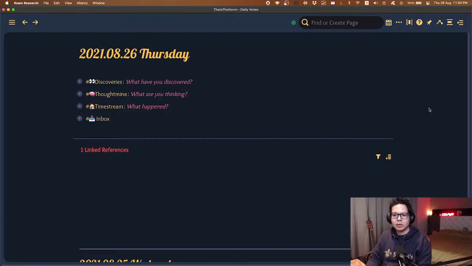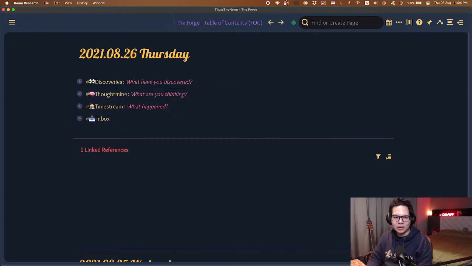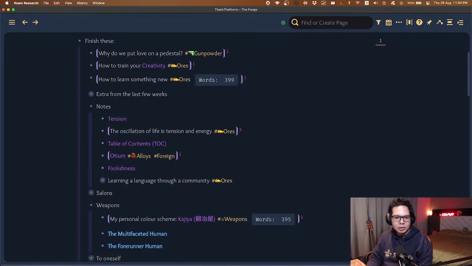So, clear warning, I am a huge user of Roam's jump navigation, so don't mind me if you'll be seeing me slamming my keyboard keys down a lot because I'm going to be navigating a lot as I'm going through all of these without my mouse. So don't mind me if I'm just jumping around different places. Anyway,